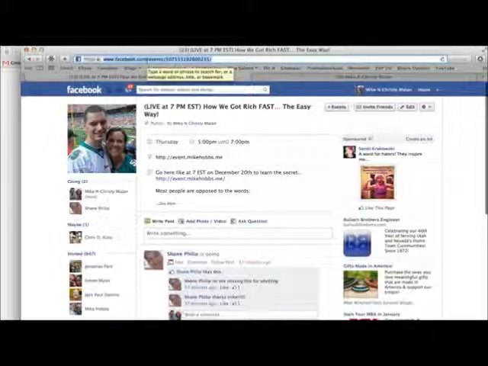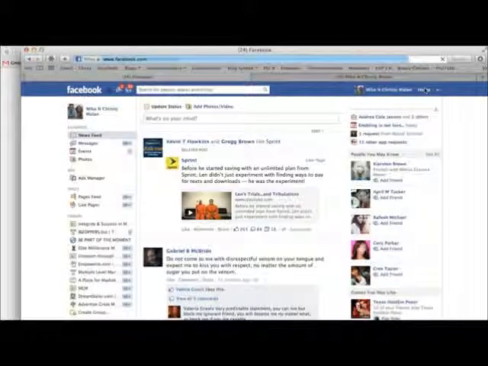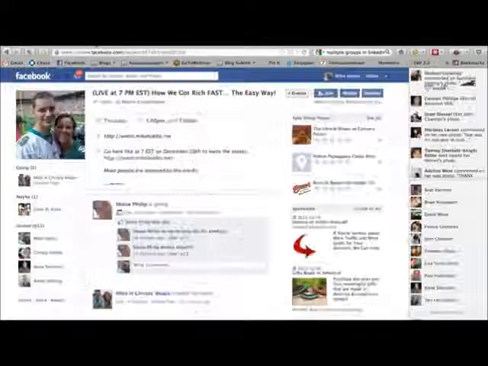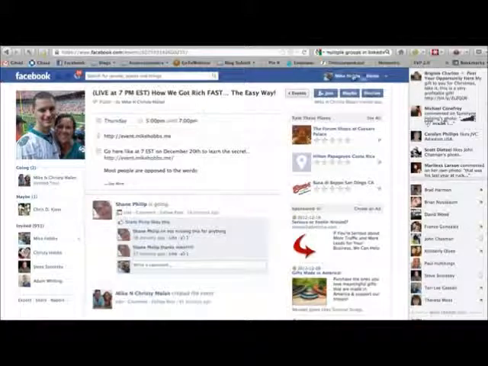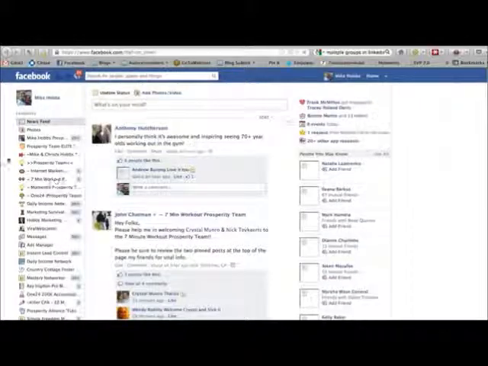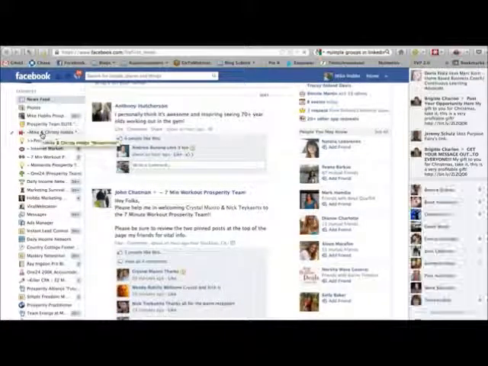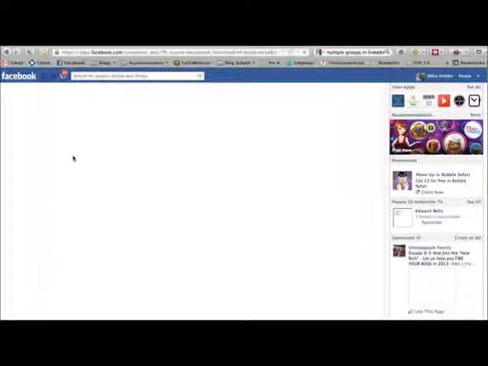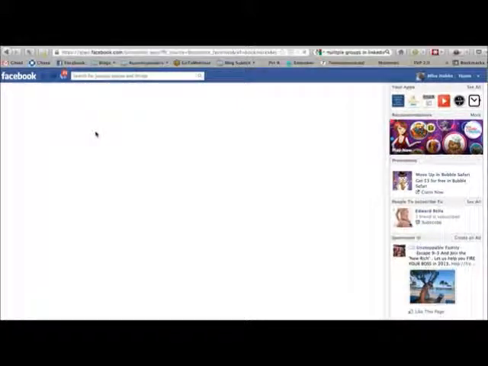Okay, so you grab that link, and this is what you're going to promote in all the different social media sites. So let me show you an example of this. The first thing you want to do, you've already shared it on your timeline. You want to go to your own personal groups. Let me go over to my other Facebook here. You can click on home, and you can go to your personal groups if you'd like and share it there first. If you have tools like Post Planner, which I have, you can literally just share your Facebook event with multiple